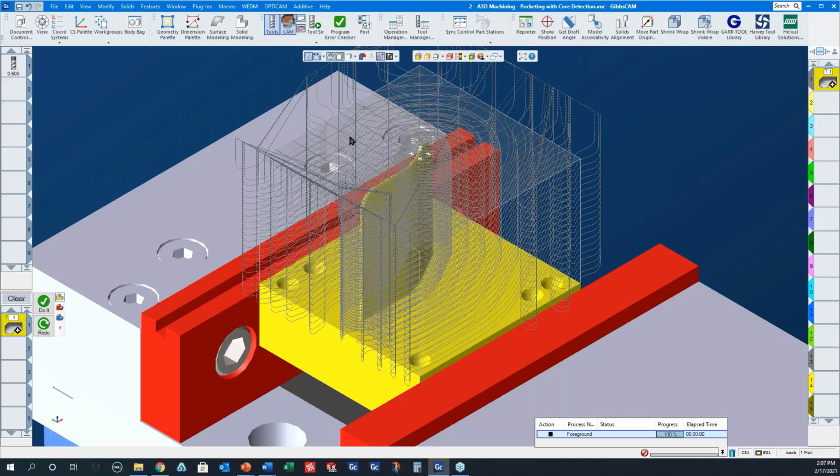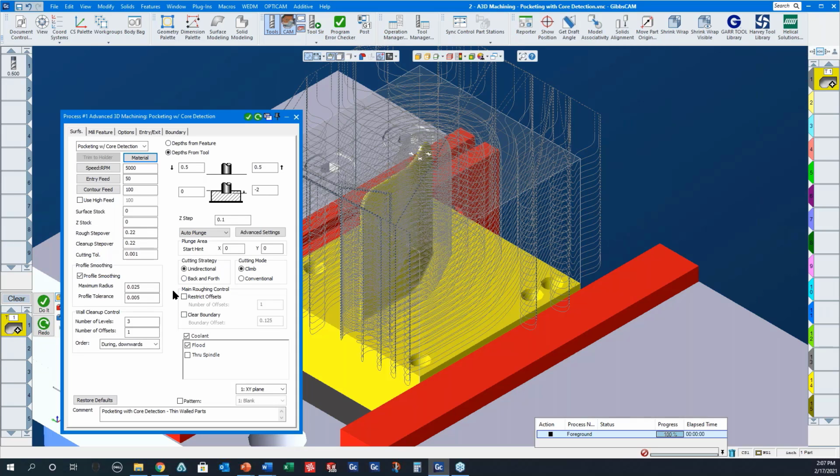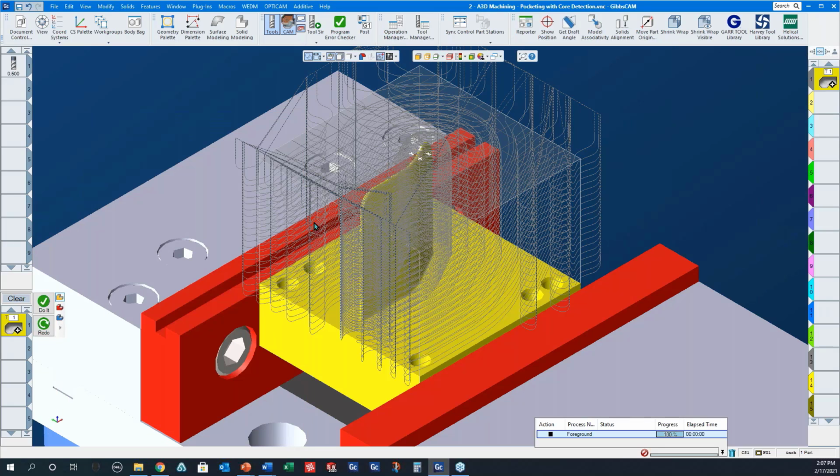But what this does, actually, let me clarify that a little bit. What this does is it actually lets you do a primary Z step, and then you can do wall cleanup control and tell it how many different offsets you want to use. You've got a rough step over and a cleanup step over. So if you look at how it goes about doing this,